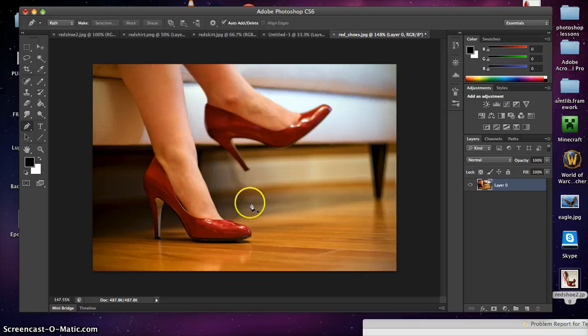So once again, just to review, click your new point. Before you release your mouse, while you're still holding down your finger on the mouse, you can drag it to make a curve either way, in, out, straight, up, down, any way you want, and then once again, before you release, hold down